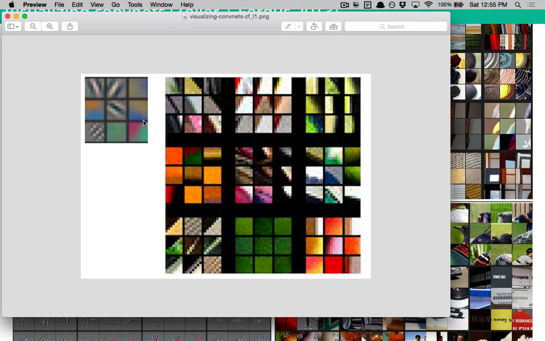So it's detecting things, and you can kind of make sense of it, right? This is a sort of diagonal line. You see a lot of diagonal lines here. This is a green gradient being detected by this, and so on. And it should make sense, right? We were talking about sympathetic filters and image patches.